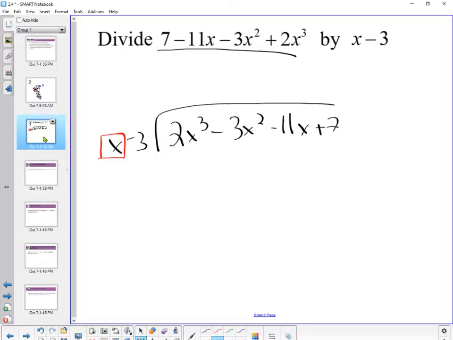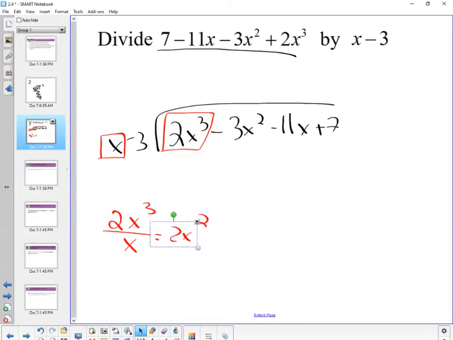In our problem, it's already broken up into these terms, right? So I'm going to check if x goes into the first term. And I can do it like this. This is 2x to the third being divided by x. What does this quotient simplify to? 2x squared, right? So what I'm going to do with this 2x squared,